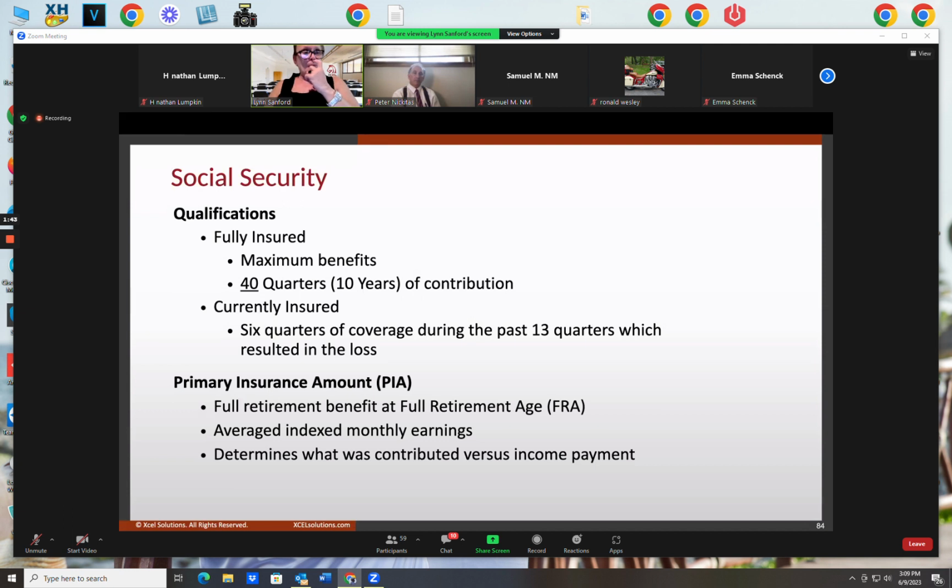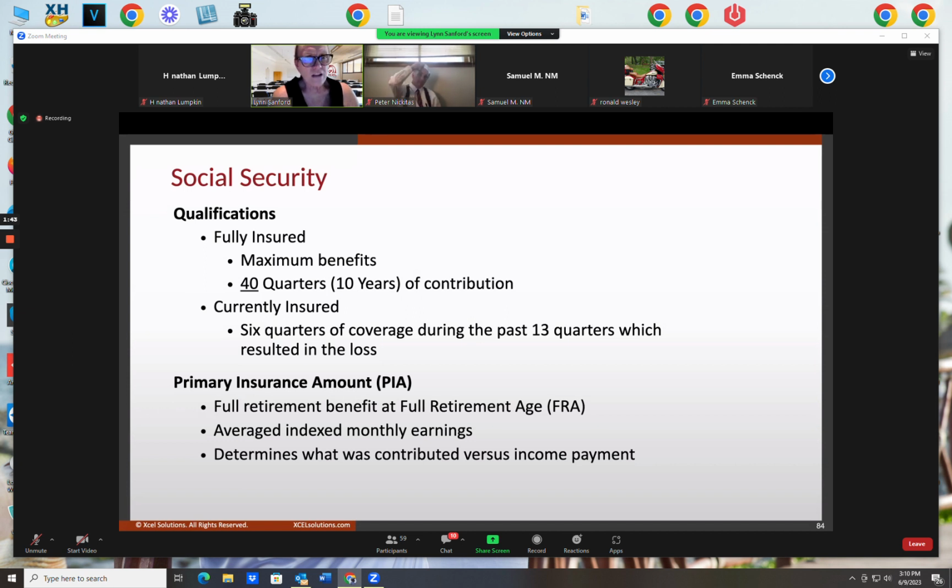Now, to reach fully insured status, I have to work long enough in the workforce to earn 40 credits. Well, if I can only earn 4 credits in a given year, then that means I have to be in the workforce at least a minimum of 10 years to reach fully insured status, as far as Social Security is concerned. So fully insured status means the person has earned 40 credits, and that's 10 years worth of work in the workforce.